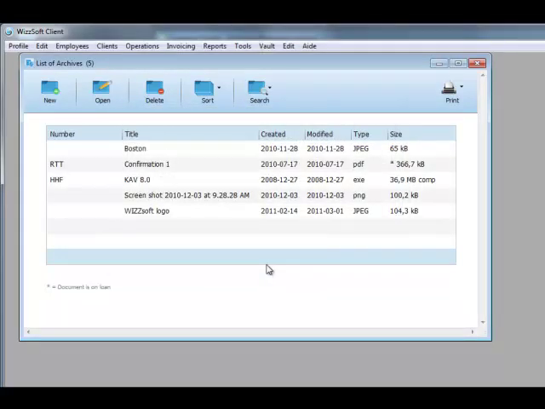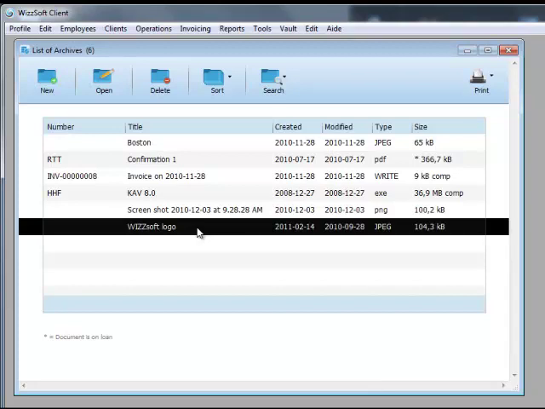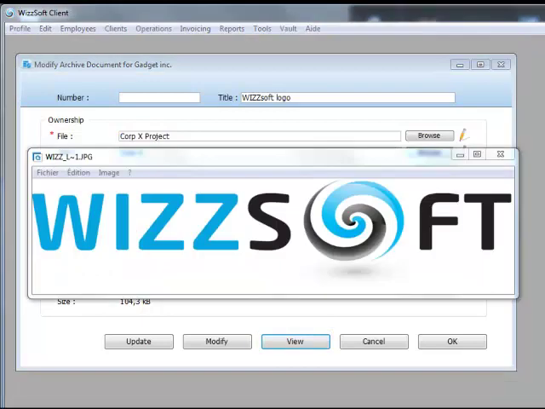As mentioned earlier, you can view, modify, or update a file. For example, here, if we want to see the document, I double-clicked on it and the window will open. I press the View button and the document is now displayed on the screen. Note that WIZZsoft will automatically identify the application required to open this document and will then allow you to view it. When you are in the document viewing mode, the document is also available for other users who can view